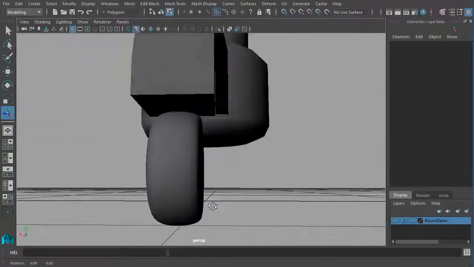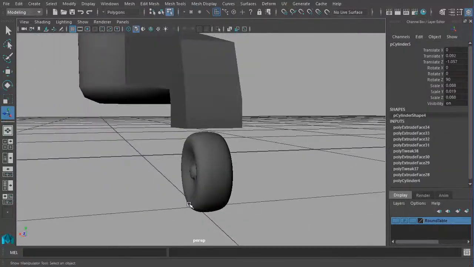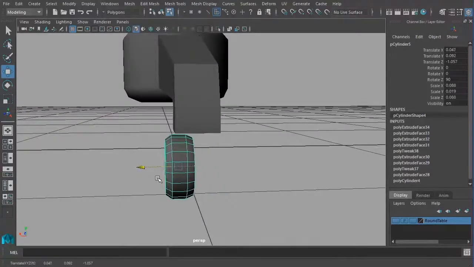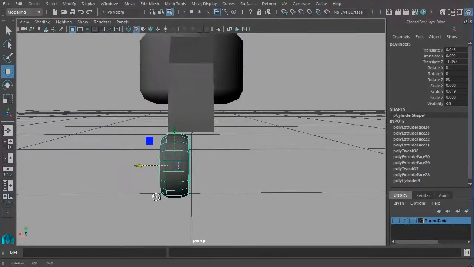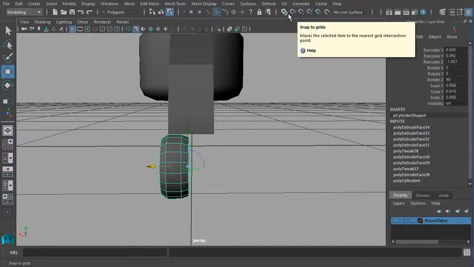Press 3, yes. Now I'll make a duplicate to the other side. Pull this to the left side. I'll change the pivot point to the center, press insert key, and I can either enable the grid snap here. I can also press the shortcut key X,